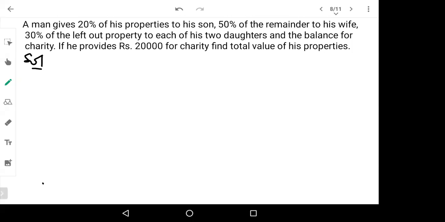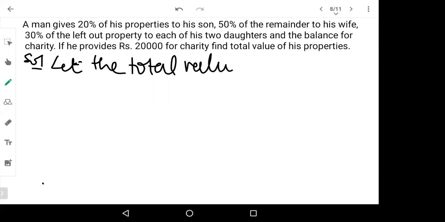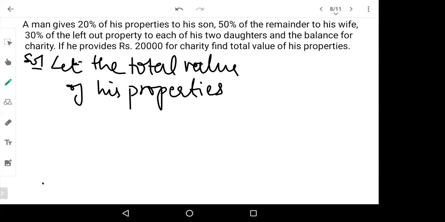Now here, if we consider the total value of the property to be 100, so let the total value of his properties be 100. Next, how much did son get? Son has got 20% of the property. So son got